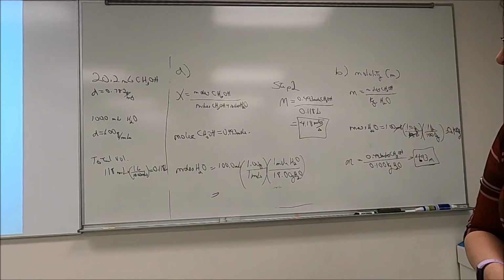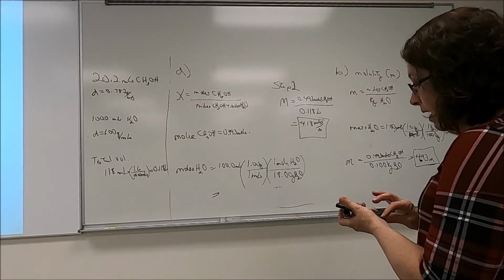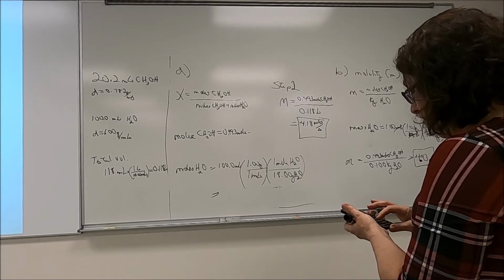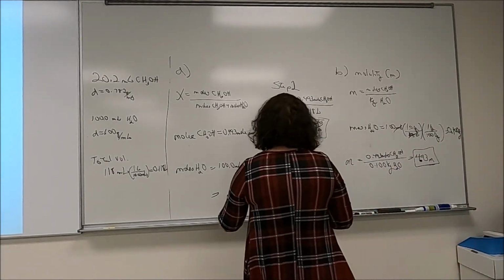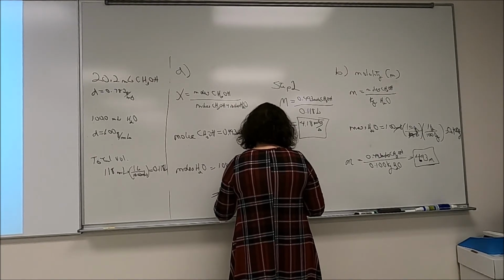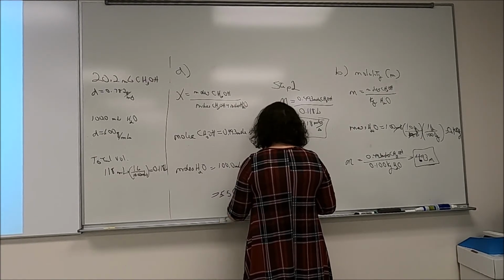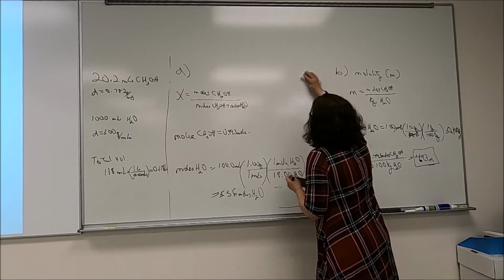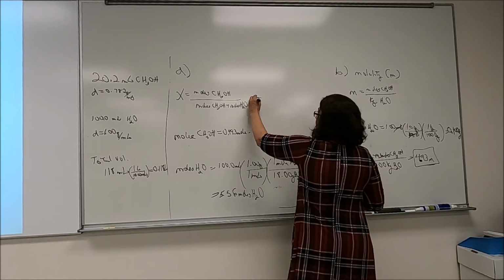So 100 times 1 divided by 18. So I have 5.56 moles of water. So our mole fraction here is going to be